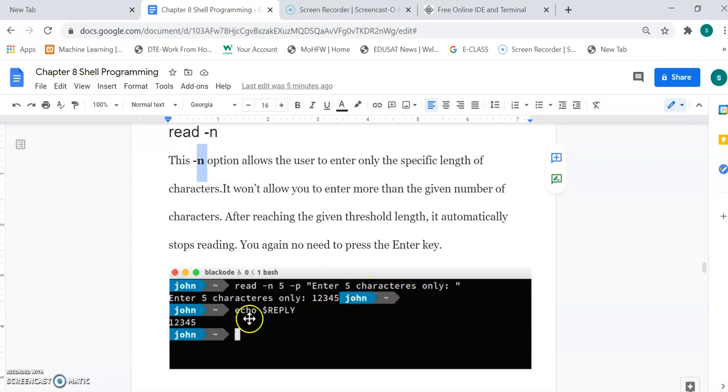Here we type 1 2 3 4 5 and John. Now when we press enter and write echo $REPLY, you can see 1 2 3 4 5 has been printed. Why? Because the length has been specified as only 5. Only 5 characters can be accommodated in that variable. Beyond that, it will not store the data.